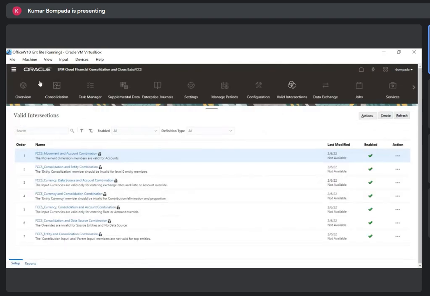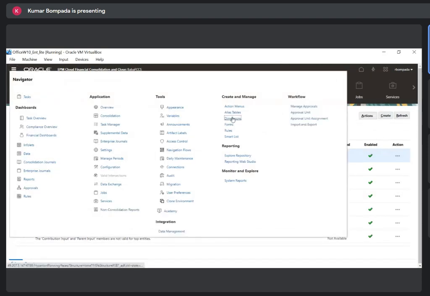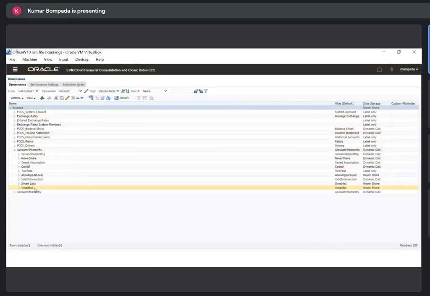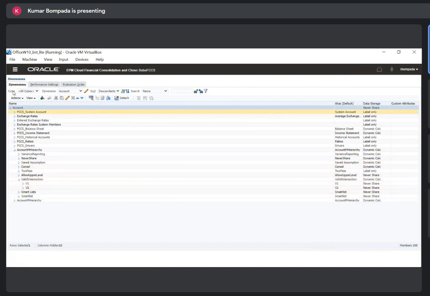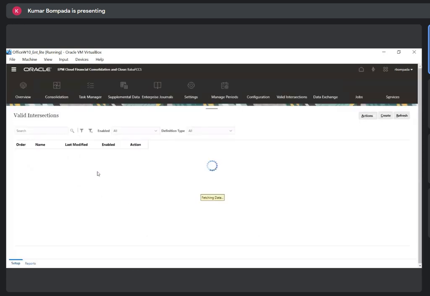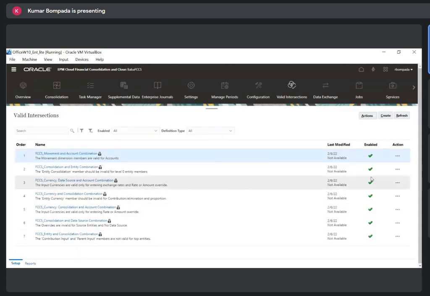Before going to that, see whether you have V1, V2. See in M hierarchy, I have created a valid intersection and then here I have created V1 and V2 members. Okay. Now go to valid intersection. By default, all these are locked. You cannot delete these. These are all used in rules. So create,